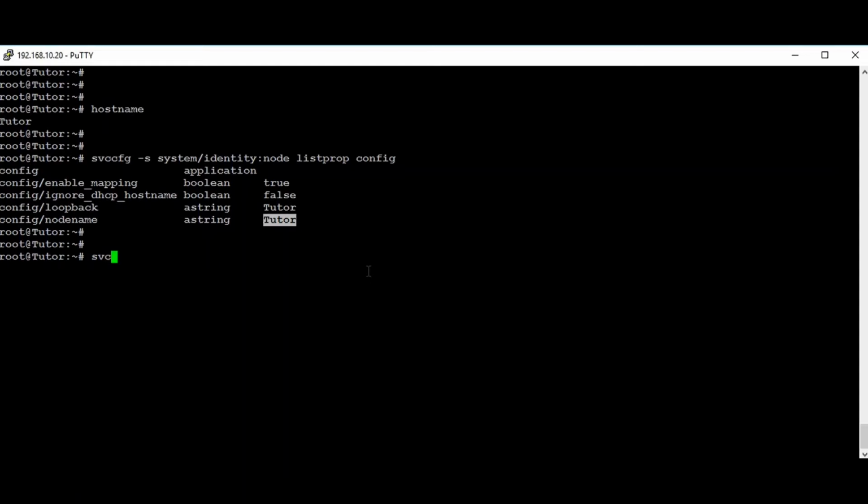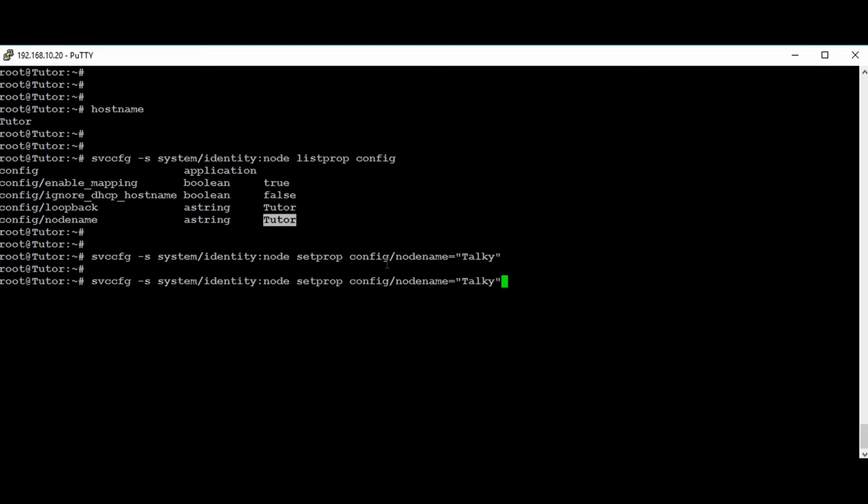So we can set it now: svccfg -s system/identity:node setprop config/nodename = "Talkie". So I am changing the hostname from tutor to Talkie.